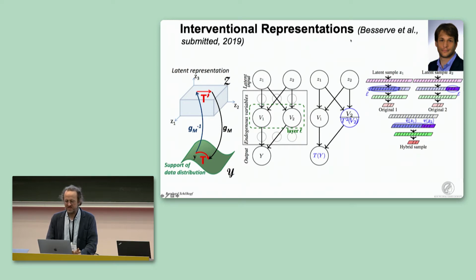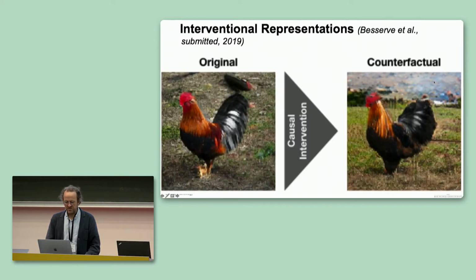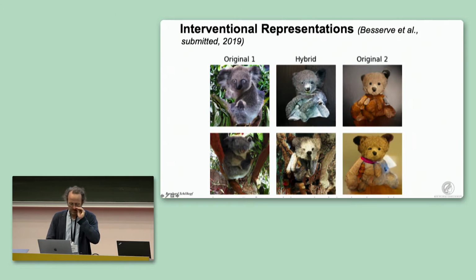This is another thing that goes in this direction, where we are trying to combine multiple representations of different examples in a reasonably causally meaningful way to generate new images, and we can use this to also generate hybrids of images. So where we start with this one and this one, and then we hybridize them in the hidden representation, and end up with these maybe also slightly creepy-looking things. So this is a teddy bear. That's a real koala. This looks a bit like a koala teddy bear, or this also looks a little bit funny.